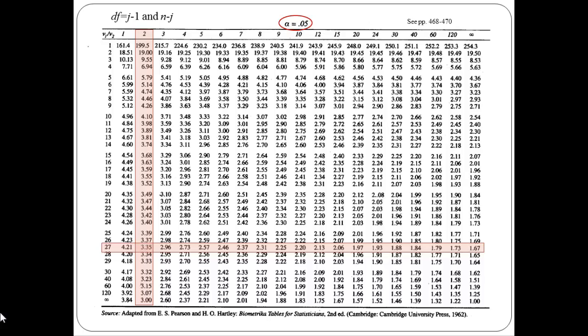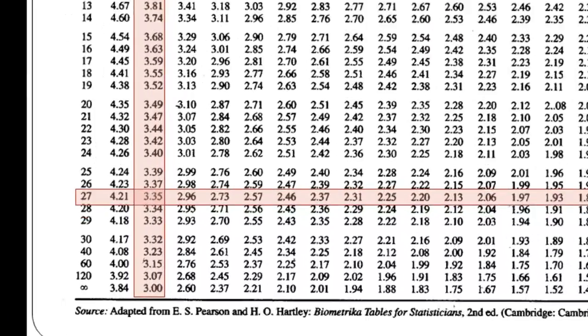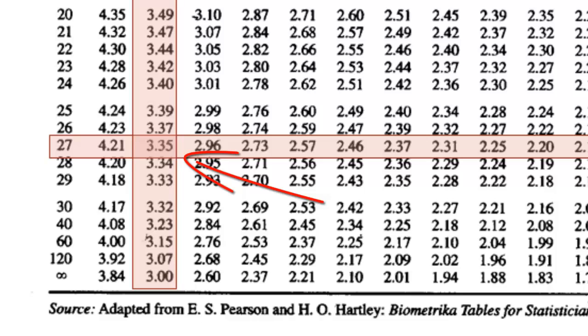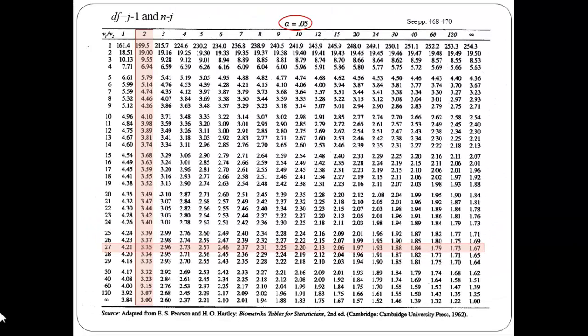The between group degrees of freedom are across the top of the table, labeled by the columns, and the within group degrees of freedom are in the rows. I find the intersection of 2 and 27 degrees of freedom, and I find my F critical of 3.35. Again, this is the number that we will compare our calculated F to that we calculate in step 4 of